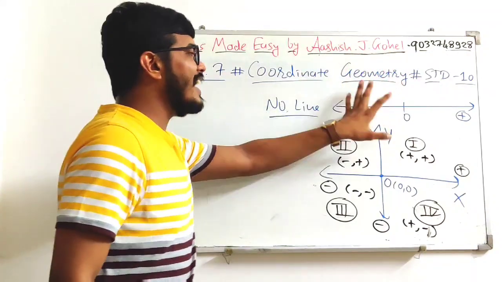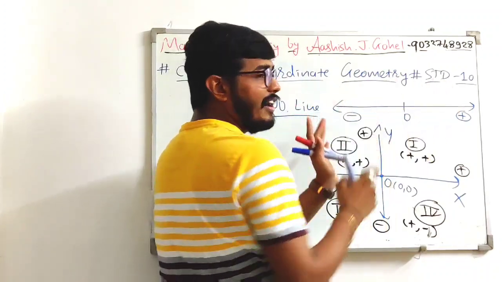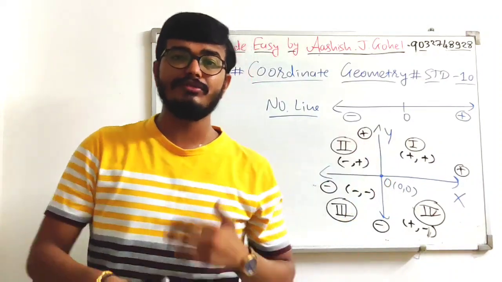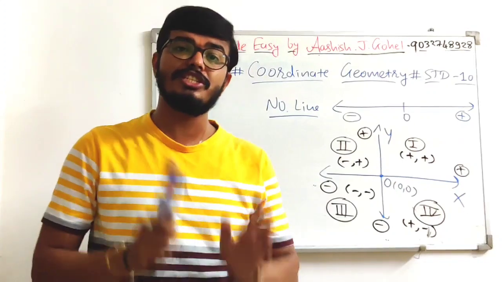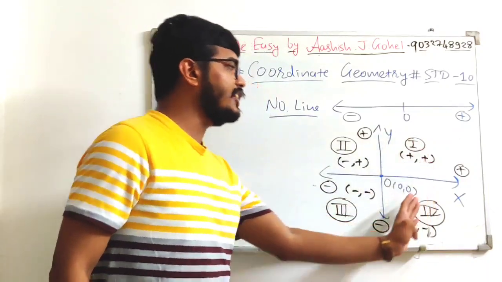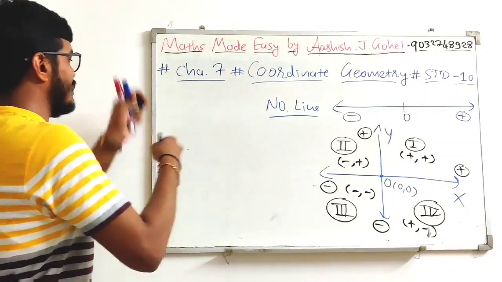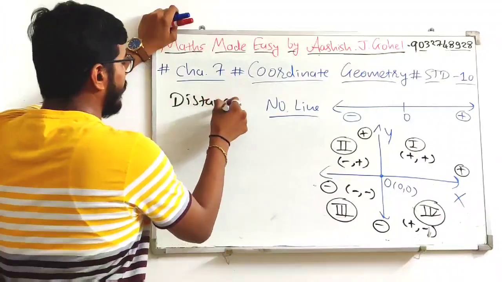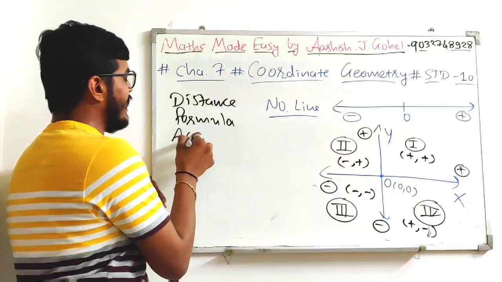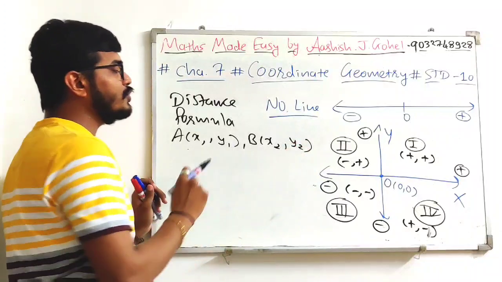Now, in the number line we can calculate length very easily, we can count the numbers in between and add. But if in 2 dimension they ask about the length, then we need some formation, and that formation is named the distance formula. Okay, here we need the distance formula to find the length between any 2 points given in any of the quadrants. Okay, so the distance formula is like this. Distance formula, if you are given 2 points, say A(x1, y1) and B(x2, y2),